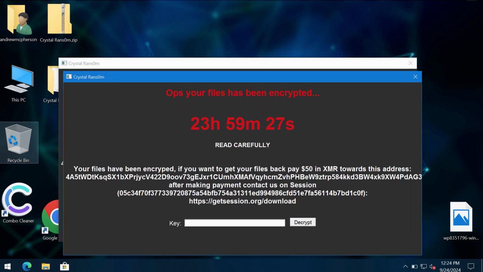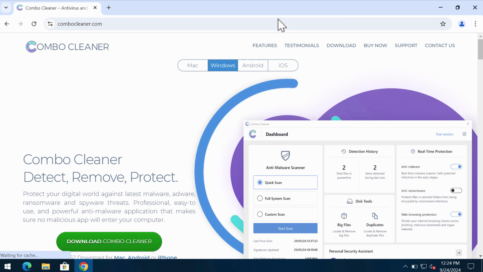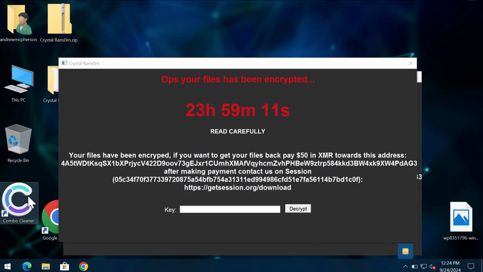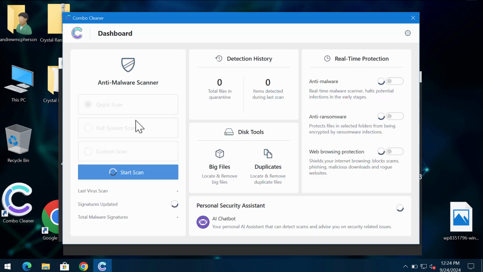I recommend you to remove this ransomware with the help of reliable antivirus, such as Combo Cleaner, which you may obtain on the official page combocleaner.com. Use the green download button, install it, and then once the software gets successfully installed, start carefully researching the system. So, Combo Cleaner will be initially in the trial mode, and only the quick scan option is initially available in the trial mode. So you need to click on this start scan button, and then the software will begin scanning, researching,